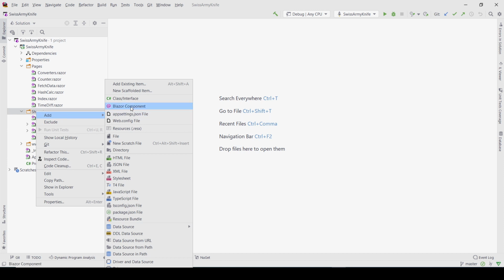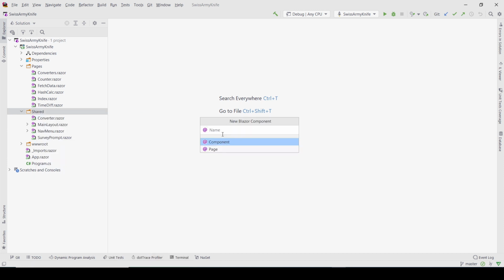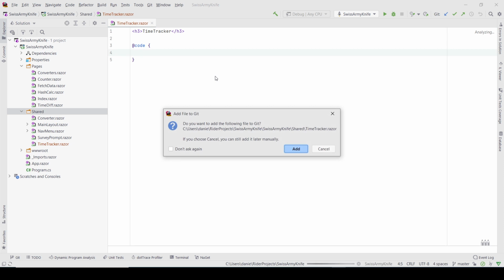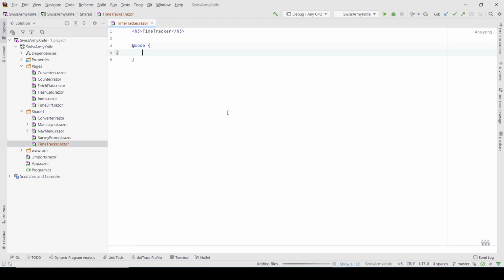I'm going to start by creating a component. It will be the time tracker, and it's going to be added multiple times, added and removed from the UI, and that's a little bit tricky. So actually what I want to do is to have